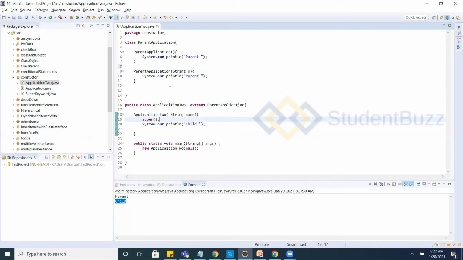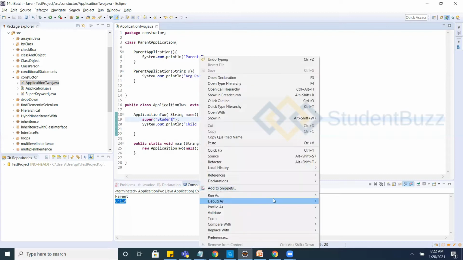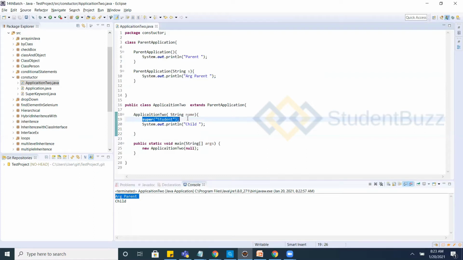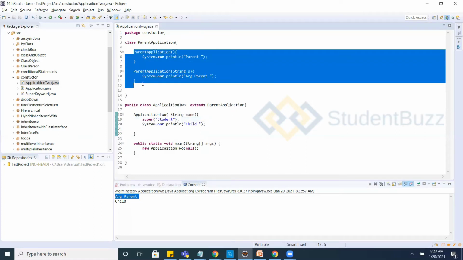If you want to call the argument constructor, what do you need to do? You don't need to do anything, just pass your argument here and run it now. The argument parent constructor is being called. So the super keyword is used to call the parent class.